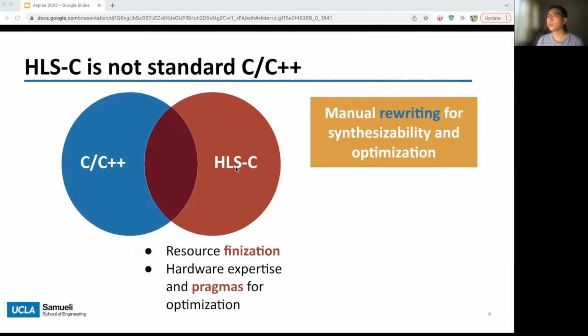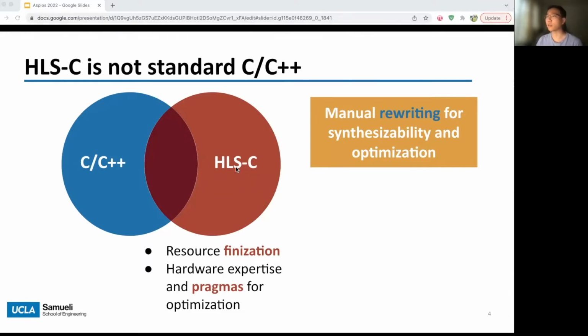It requires strict resource finitization at compile time because we are synthesizing hardware which cannot be changed at runtime. Based on a C program, developers must remove all the dynamic language features before compilation and synthesis. Developers will also have to insert pragmas or directives to expose hardware synthesis details and further optimize the code based